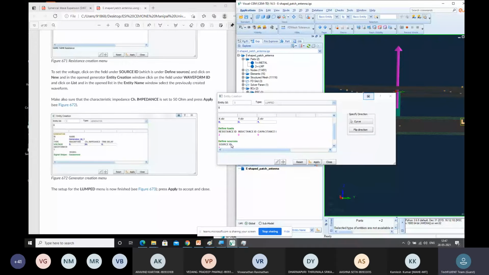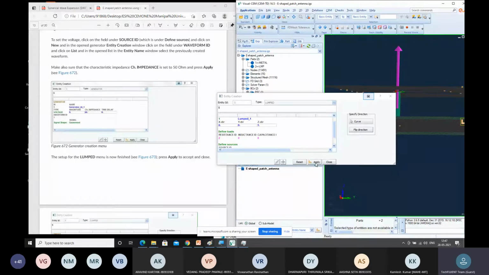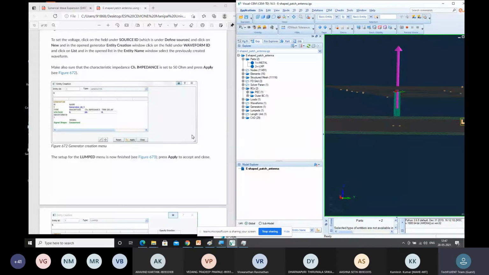And similarly, source ID also specified. In source ID, I have given the waveform ID as 1, whatever frequency with which I want to sweep, and I've given the characteristic impedance as 50 ohms. So once it is done, your lumped configuration is also done. Just click on apply. So your lumped configuration will be set up. Once it is done, you will be getting it in this particular format. That is what we have got just now.